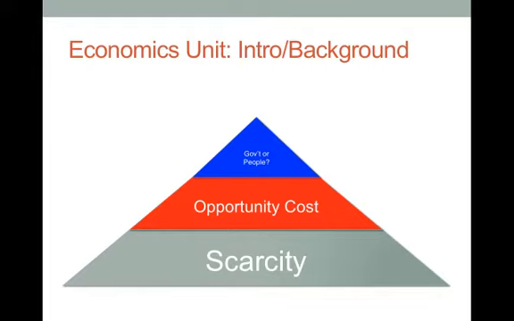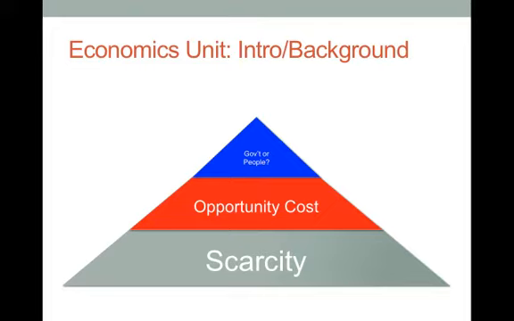And then third, to get to where we were really focusing on in this unit, it's important to understand this: when we look at the scarcities that exist and the fact that we have to give something up and there are opportunity costs to our decisions, who should be the one making the final say then on how we are going to use those limited resources? Some countries believe it's up to the government to do that, and they know best. Some countries feel that it's best for the people to make that decision. And that's really where we're at with this.